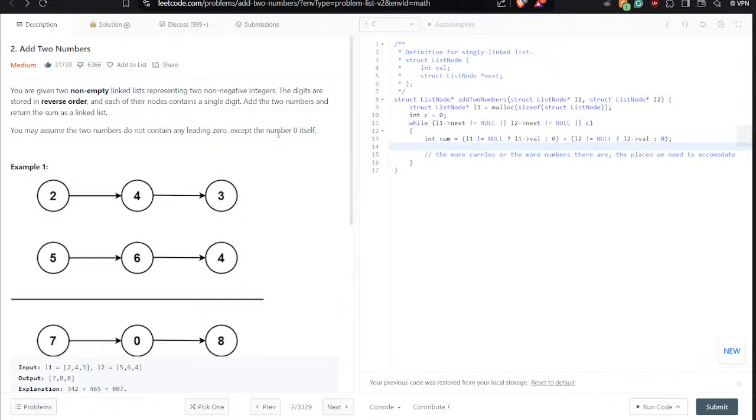L1 isn't null. Do you realize this? L1 isn't null. And so, okay, we need to amp up sum. C equals sum greater than 10, because in base 1 we only have, like seriously,